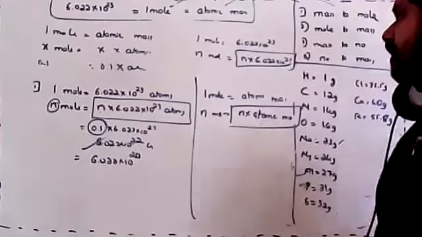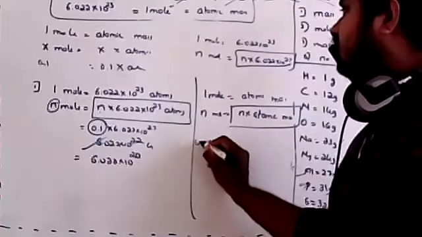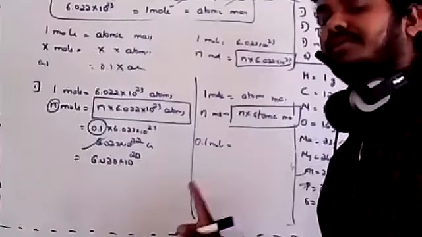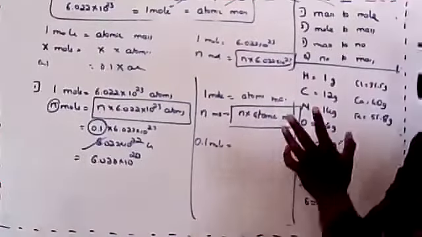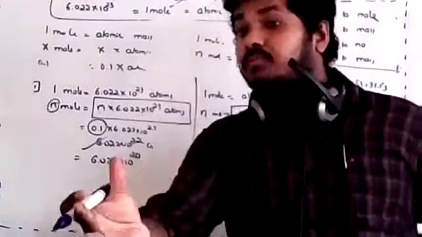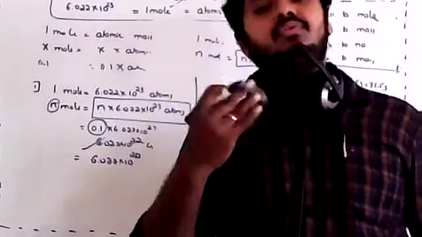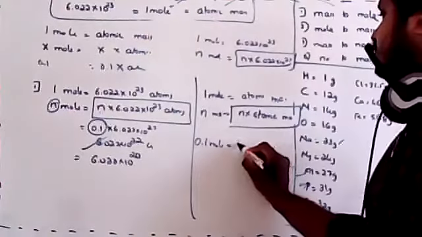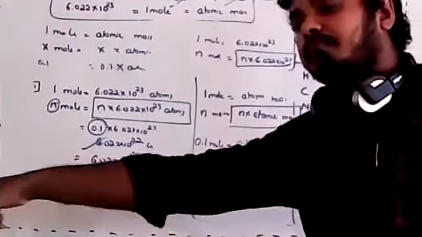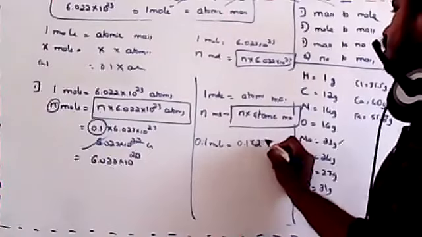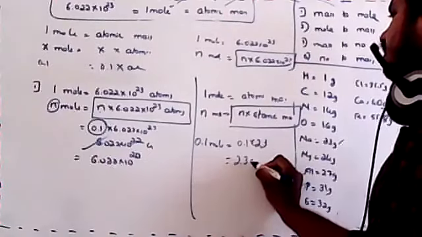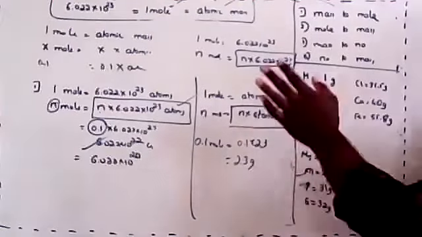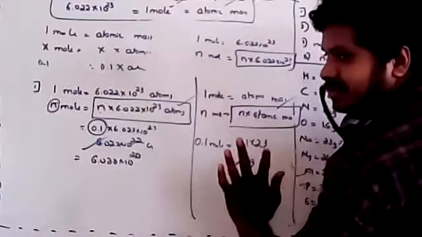For example, instead of giving 1 mole of sodium, what if I give you 0.1 mole of sodium? So just substitute here. I'm telling how to calculate the mass for the given mole. Imagine I have given you 1 mole of sodium. Then you can tell that I have given you 23 grams. What if I give you 0.1 mole of sodium? It is 0.1 into its atomic mass. We know the atomic mass of sodium is 23, so it will be 2.3 grams. Is that clear now? This is the simplest formula we got from equating this only.